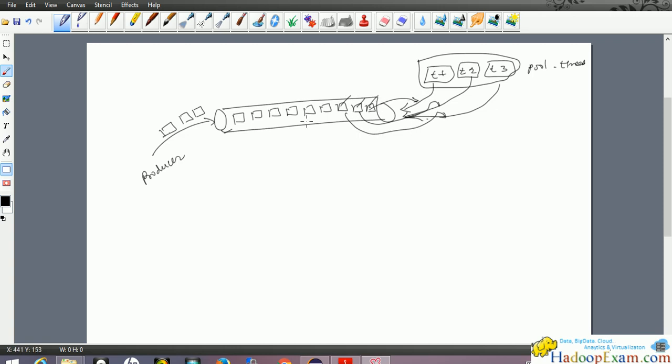So here you can differentiate: the task need not be a thread, it should be a task, so it would always be runnable. There is no point in creating them as thread instances. Obviously you can create them as thread objects, but it is preferred that you always create them as runnable objects, and the pool should always be thread instances. So that is the difference. Wherever you want to do some task, you create the task using runnable, and the pool using the thread class. That's the main difference.